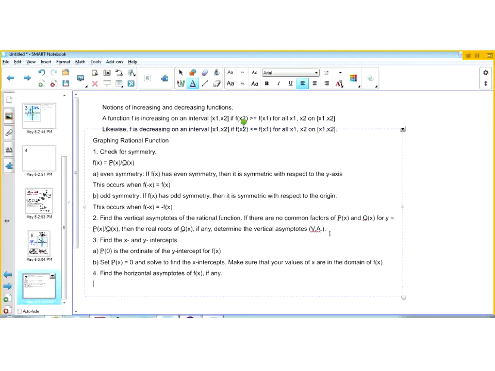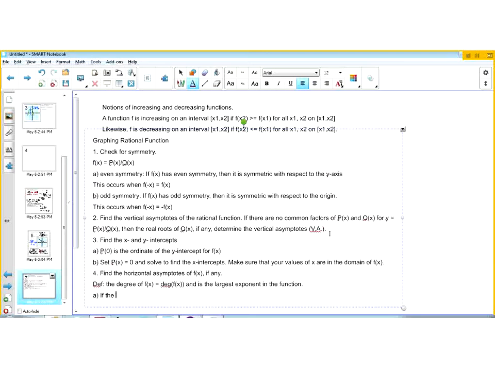All right. So before we find the horizontal asymptotes, I need to give you a definition. The degree of f of x is equal to this formula and is the largest exponent in the function. All right, so we need to know what the degree of a polynomial is so that we can calculate the